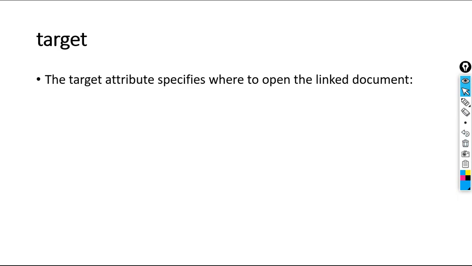Now, target, this is a very important topic. What is the target attribute? Let's see. The target attribute specifies where to open the linked document. For example, in a new tab or new window, or in the same tab or same window, that will be decided by the target attribute.